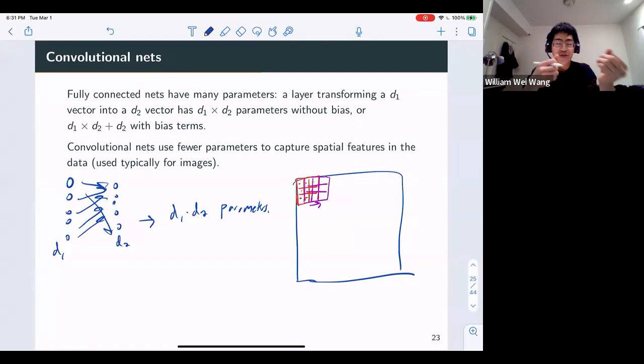The idea is that even if I use many different kernels, so this is one 3x3 kernel, if I use 10 3x3 kernels, that's still going to be a lot fewer parameters than a fully connected neural network would use. Then I can use all of those features, flatten them out into a vector, and do some classification. So this is the basics of convolutional networks.